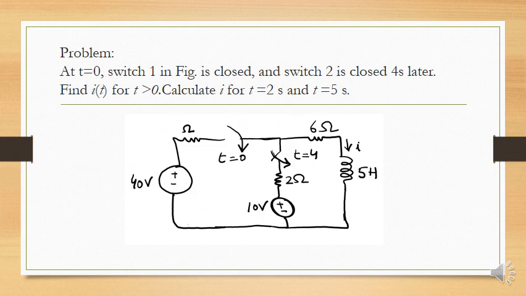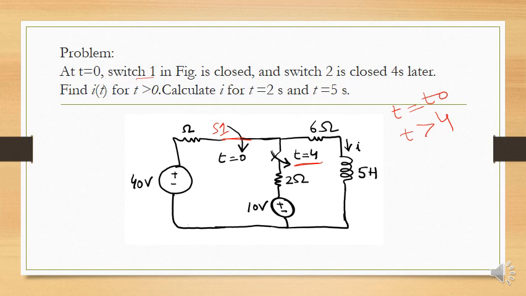Now, this is a bit tricky question, or a better question, I guess, for developing the understanding of this kind of question. In this, at t equal to 0, switch 1 is closed, and switch 2 is closed at t equal to 4. You know what that means? As in our formula when we were saying t is t naught, we have two different times, not only time 0, we also have time 4, and the third requirement is to find t greater than 4, right?